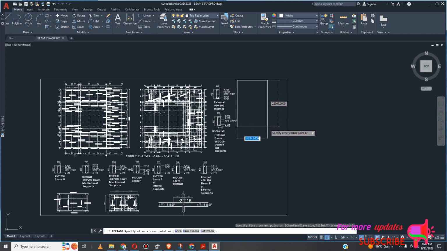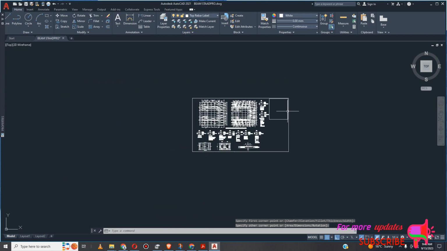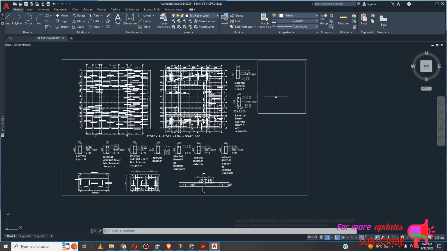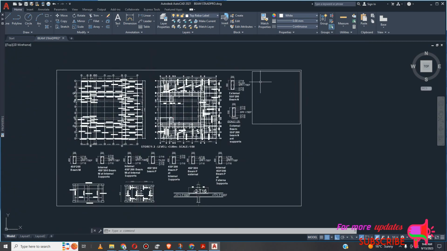So right now I'm using a layout for the contractor that I work with. So this is how they present their drawings. So the first rectangle